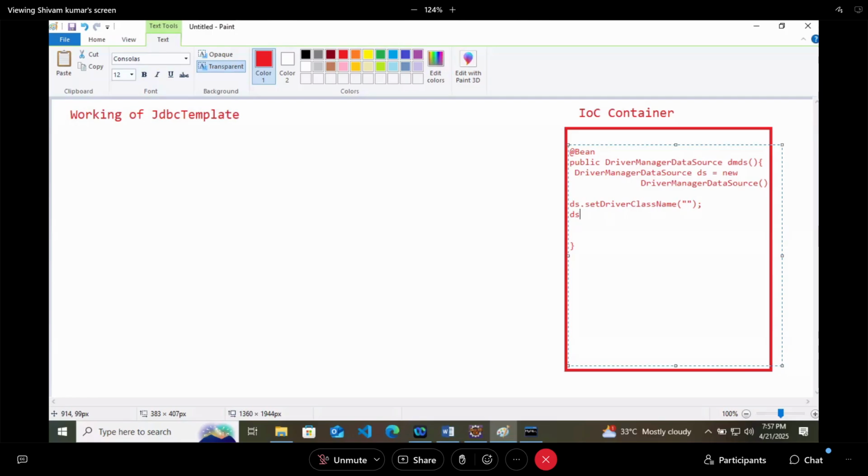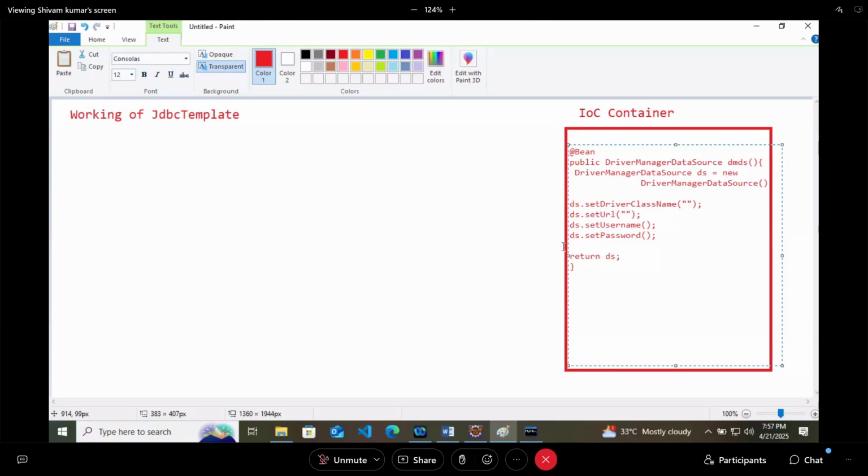Then ds dot set URL, to your database you can give. Then ds dot set username, we can write username, and then at last password, and then return ds.